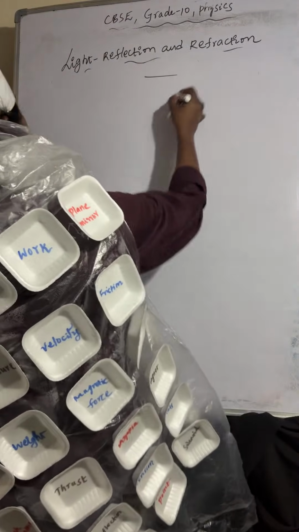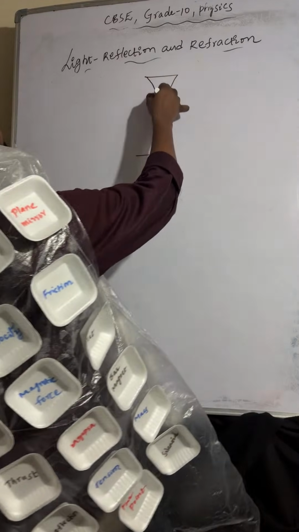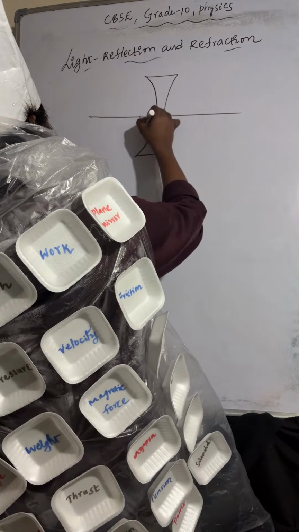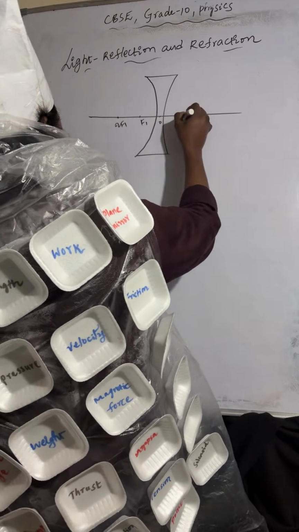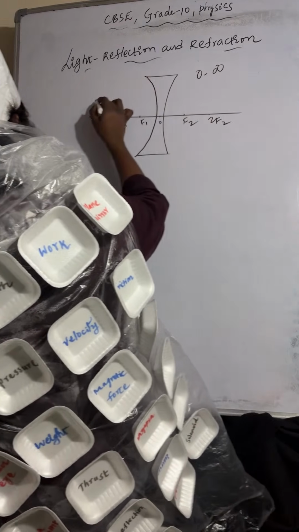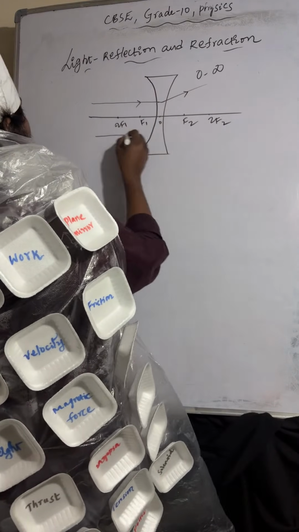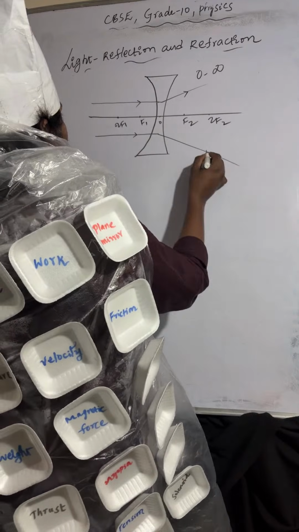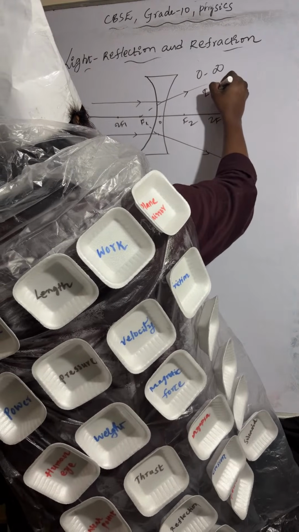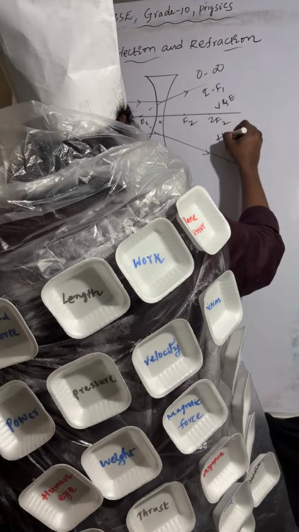Concave lens, in concave lens only two cases are there. Here you can observe optic center, F1, 2F1, F2, 2F2. Object is placed at infinity. One light ray I am taking like this, after that it passes like this. One more light ray I am taking here. Those light rays are moving away from each other. If you extend them, object is at infinity, image is forming at F1. Nature of the image is virtual and erect, size of the image is highly diminished.